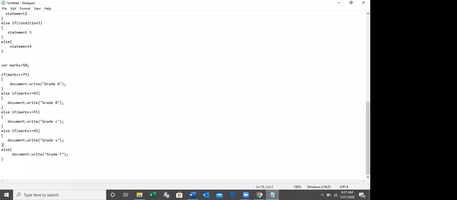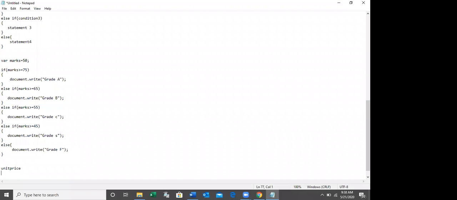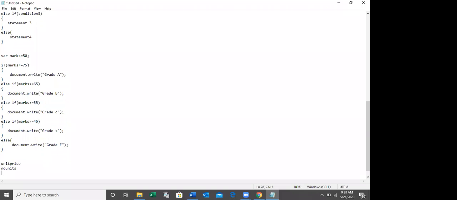Okay. Right. Another question. So same like this, right? So you have to try this one also, right? Assign the unit price. Unit price means the price of the product, right? You can assign any price, unit price. Then assign the number of units, how many units you are going to purchase, right? You can assign any value to this. Then calculate the total. Already I have done this one, anyway, total, right?